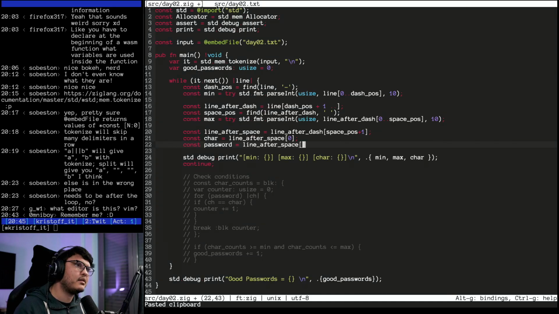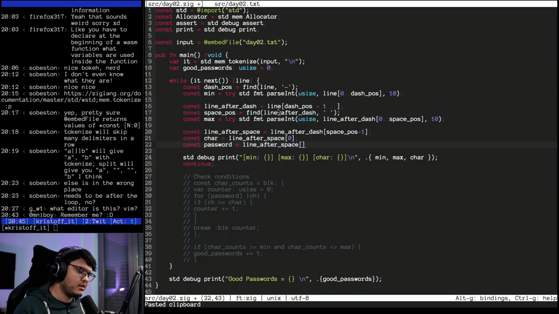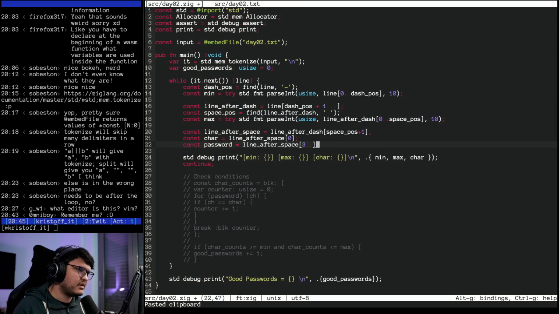The character, oh yeah, no, it is. Yeah, that's immediately after the space. And then 1, 2. And then we need to do plus, starting from the third index, I guess. 0, 1, 2, 3. Yes. That's the password.